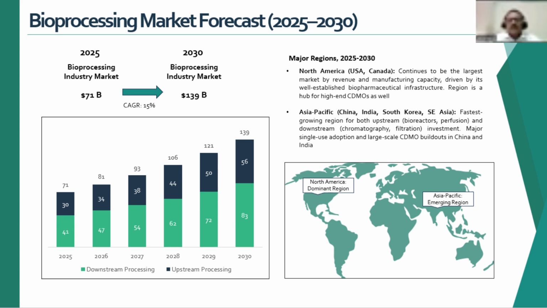If we see the market for the next 5 years in the forecast period, the market is estimated to grow from around 70 billion in 2025 to around 140 billion, almost double by 2030, which is again a growth rate of around 15%. North America has a dominant share in the bioprocessing market because of the well-established biopharma infrastructure. Major biopharma companies are located in North America, and the region is also a hub for